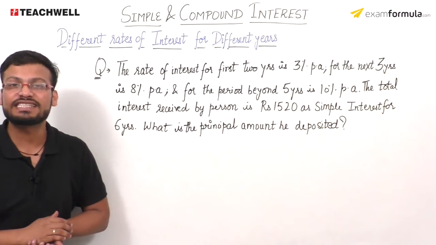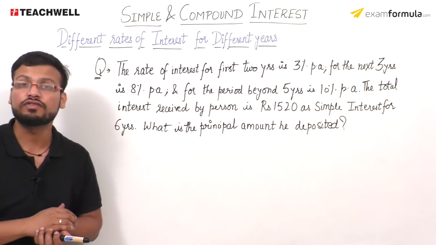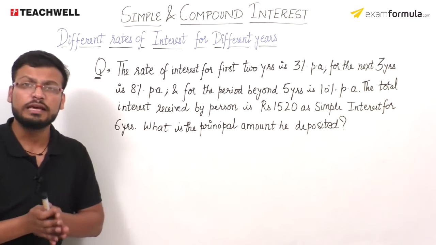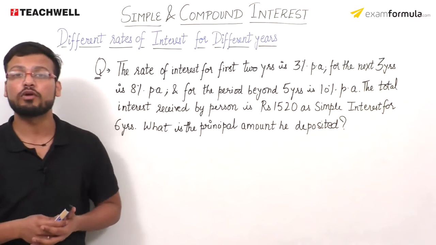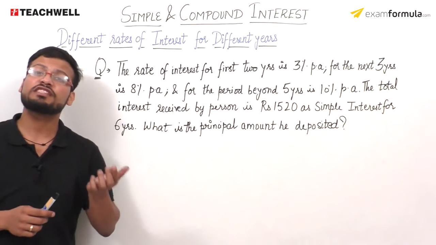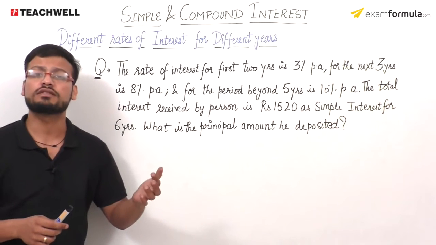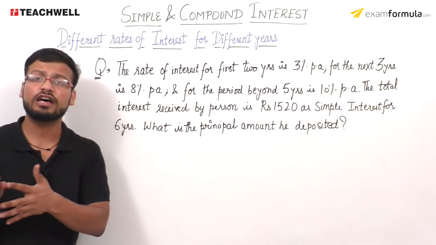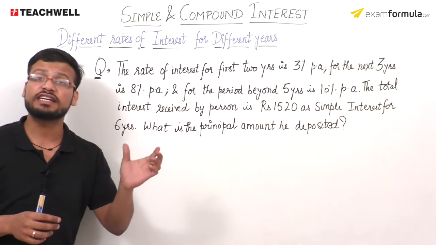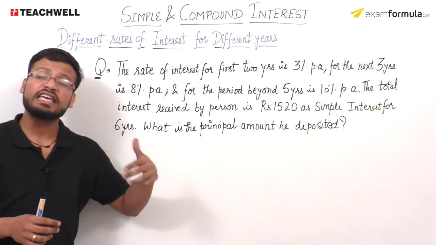नेक्स्ट सेट ऑफ प्रॉब्लम्स कंसिडर करते हैं, दैट इज डिफरेंट रेट ऑफ इंटरेस्ट फॉर द डिफरेंट ईयर्स। प्रीवियस प्रॉब्लम्स मैंने जितनी भी कंसिडर किए, वेदर इट इज सिंपल इंटरेस्ट और इट इज कंपाउंड इंटरेस्ट, वहां पर मेरे पास में फिक्स्ड रेट ऑफ इंटरेस्ट था फॉर द फिक्स्ड ईयर्स। ऑल्दो आई हैव कैलकुलेटेड द इफेक्टिव रेट ऑफ इंटरेस्ट, वो डिफरेंट सिनेरियो था, बट मेरा जो रेट ऑफ इंटरेस्ट था दैट वाज फिक्स्ड फॉर ईच एंड एवरी ईयर।